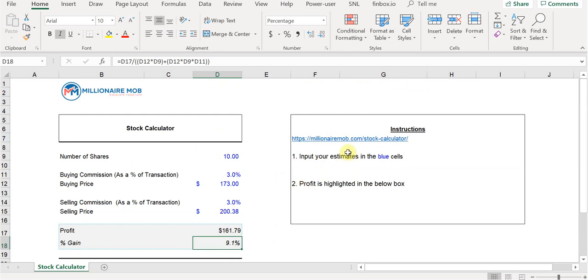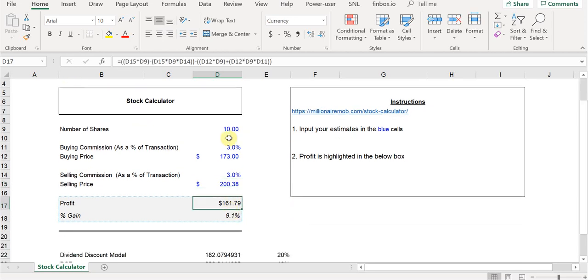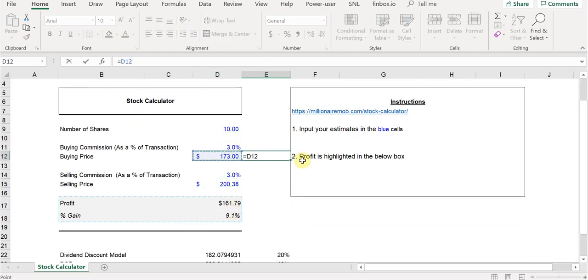You can find it at millionairemob.com/stock calculator. You just input the number of shares you want to buy, the commission associated with the purchase, the buying price, then the selling commission, and then the selling price. So if I bought 10 shares of Apple, that's an investment of